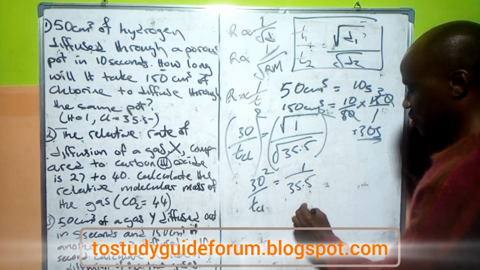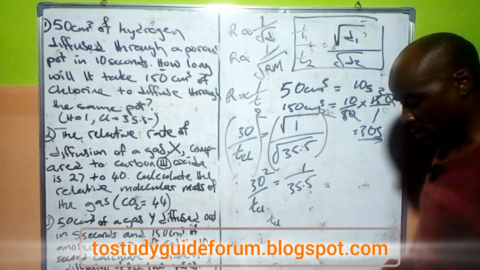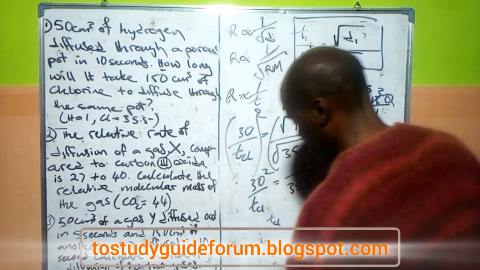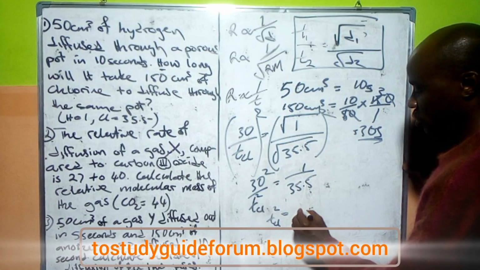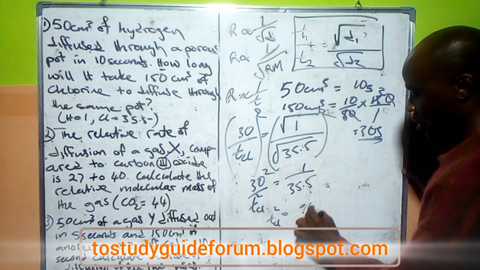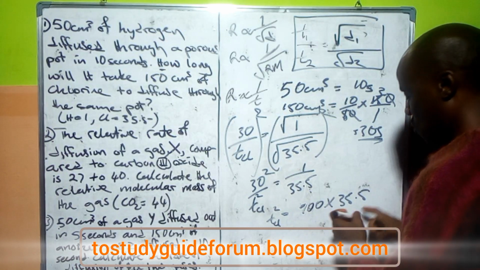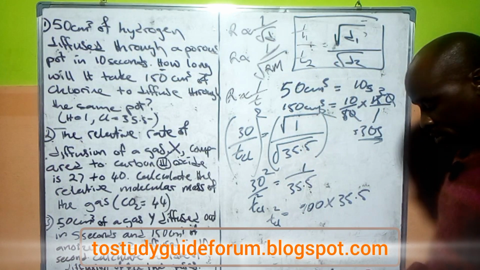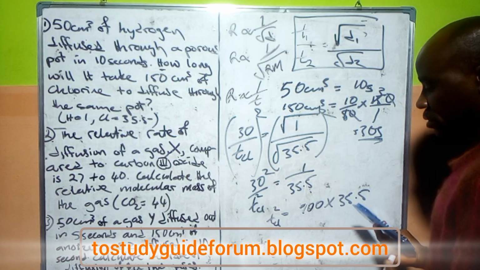This 30 squared will give us 900. Yes, 900. Let me really confirm it. We have 3 squared, 30 squared will be, okay, 900. Oh, this one is squared, 2 squared, so don't forget to put that. So we have 900 times 35.5. When we multiply 900 by 35.5, what we have will be